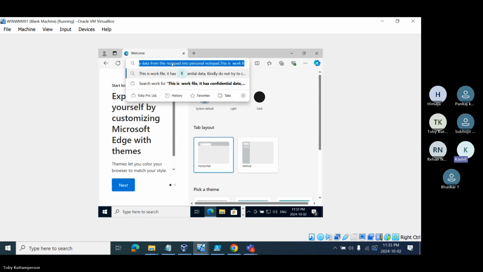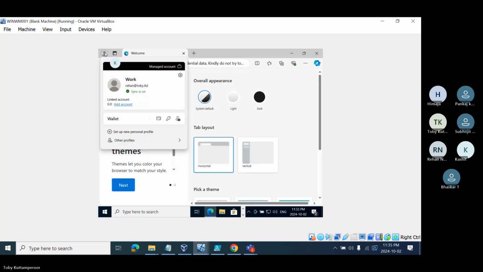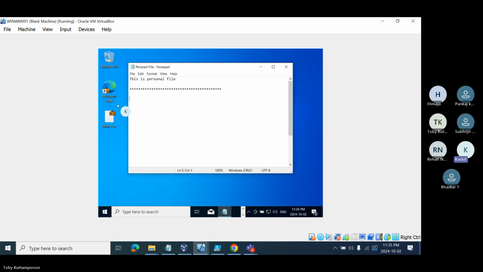Why can I copy? Because this is the work application. So work to work, it's possible. Work to work, it's possible. But work to personal, it's not possible. So this is a managed browser. So it is possible. But if I try to open Edge browser,